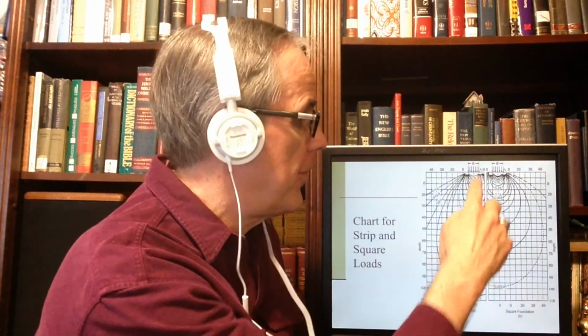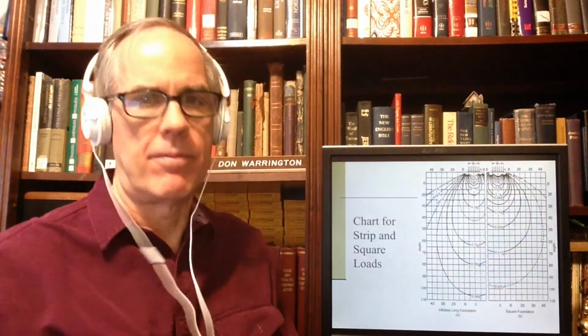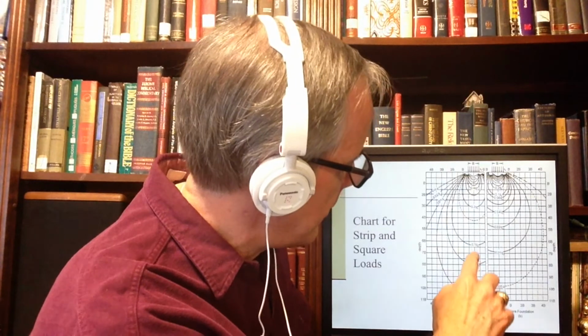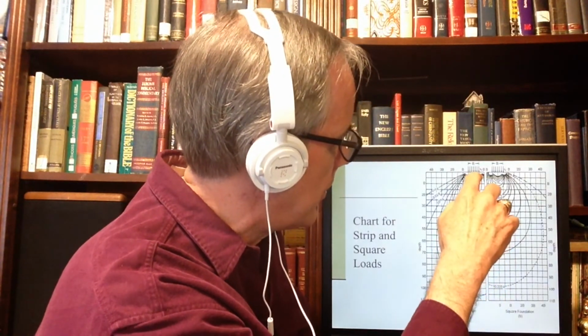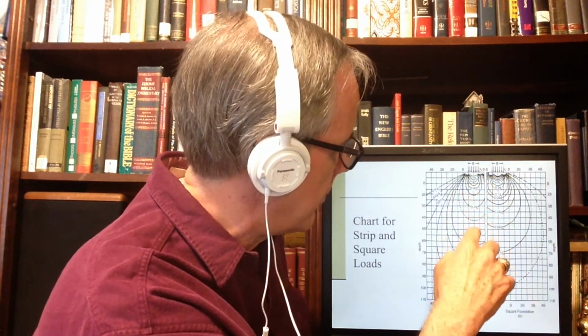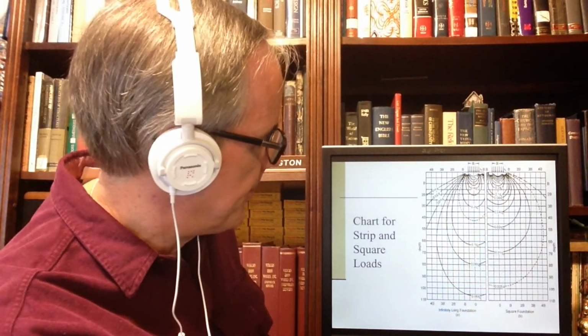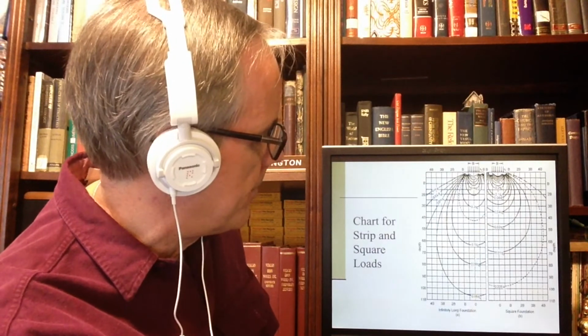This is for square foundation. Yeah, that's right. So we'll use this one. And they're looking strictly under right here. So they're probably doing these isobars, which is what they call them. And they're figuring out what is the